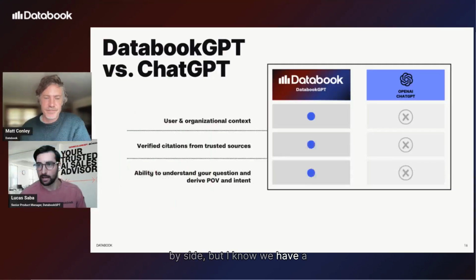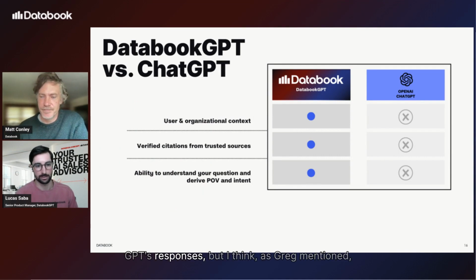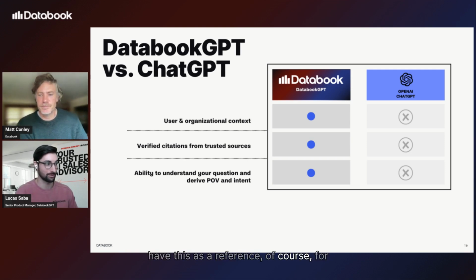But I know we have a slide here. This will be something that you can reference, these were the things that I went over when it was Databook GPT versus ChatGPT's responses. But I think, as Greg mentioned, maybe I need to add Perplexity as another column here and get this table built out a little bit more. But you'll have this as a reference, of course, for after the call. And then moving on from this,